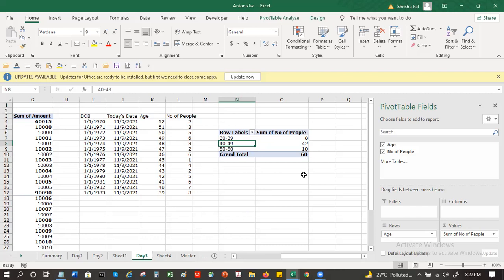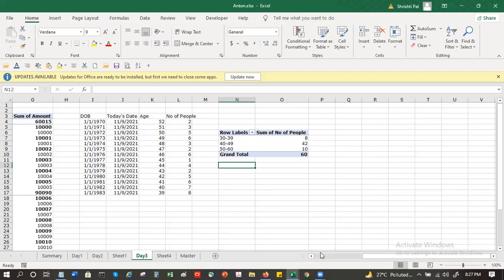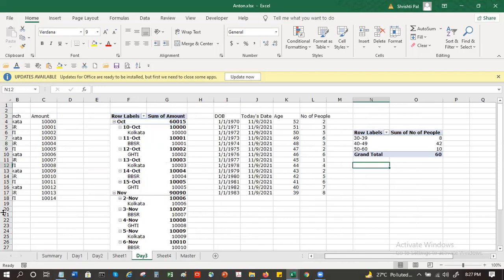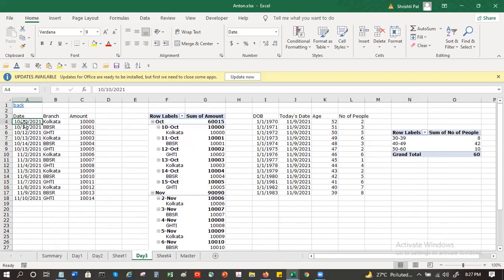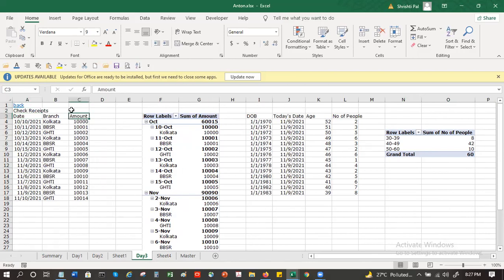Perfect. This works with days, date, text, whatever I want. So similarly, let's say I want something for, I have dates here. Let's say check clearing or check receipts. So date, branch, amount. Based on that,